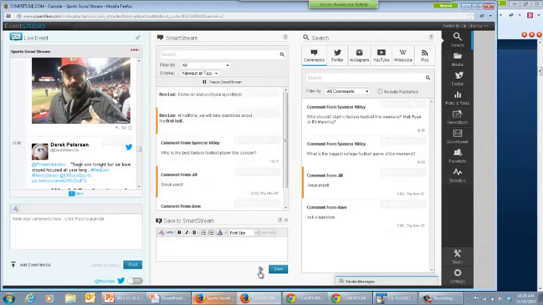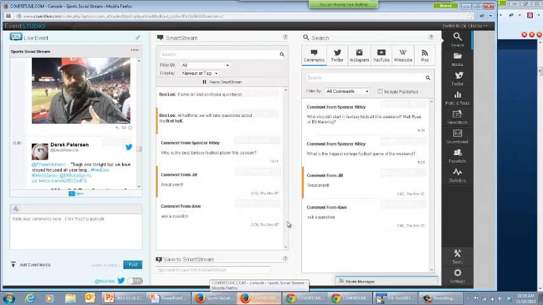Once you do tag something with a color, though, in the Save to SmartStream option, it will remember that until you use a different option in the future, making it very convenient and quick and easy to go. And then if you're done and you want to get more window space back for the SmartStream, you can simply hit the X box to close down the Save to SmartStream feature. So again, a lot of great uses there, allowing others to review the content or simply writing something very, very quickly in a draft mode that you want to save for later and then publish,